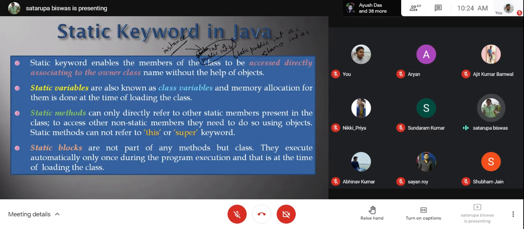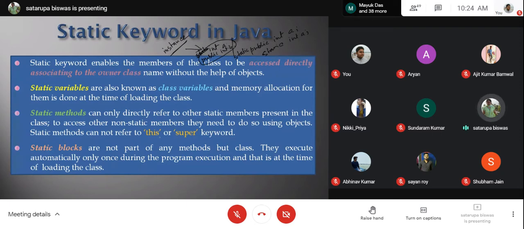And the third one is the static block. Static blocks are not part of any method but of the class. So static blocks are part of a class which executes by default when the class gets loaded. You need not create an object of the class.